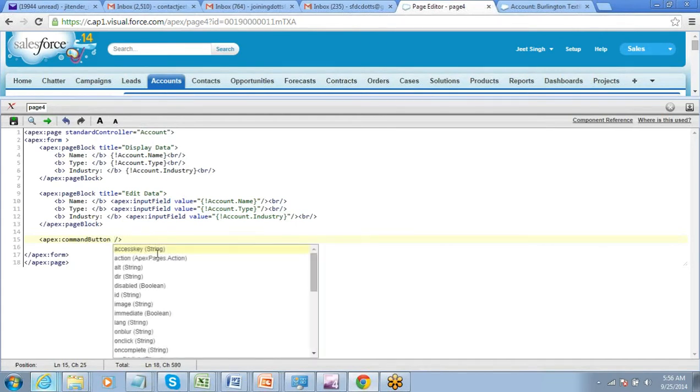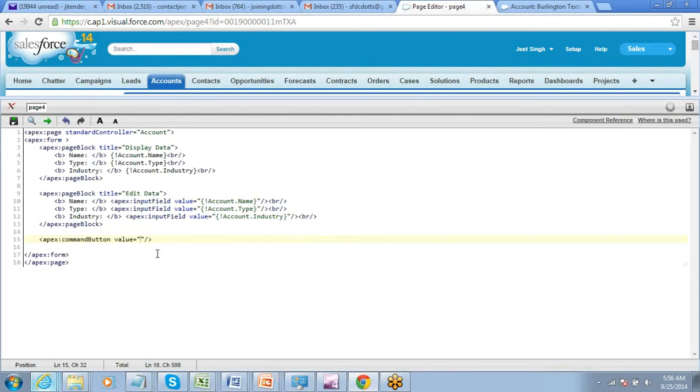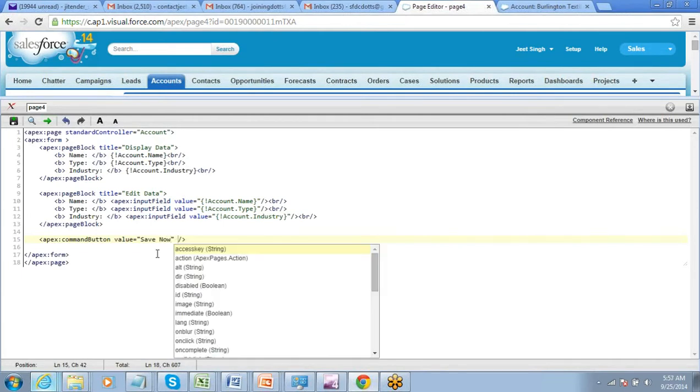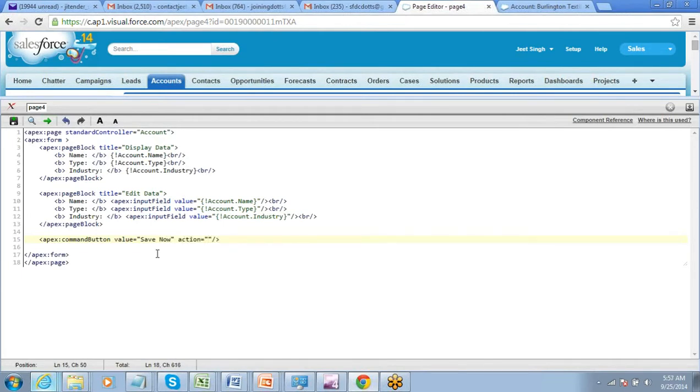So for a command button, there are two mandatory attributes. One is value. Value is what text you want to display on the button, which can be save now. The other is action.